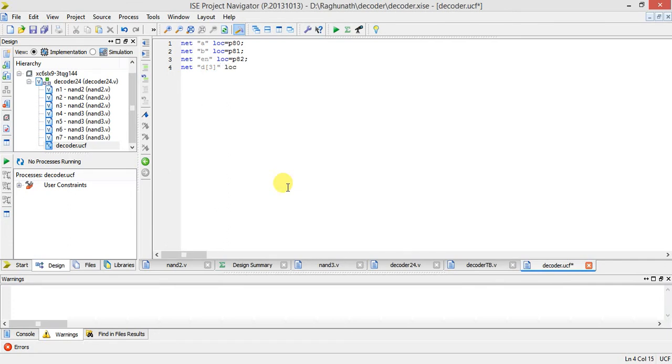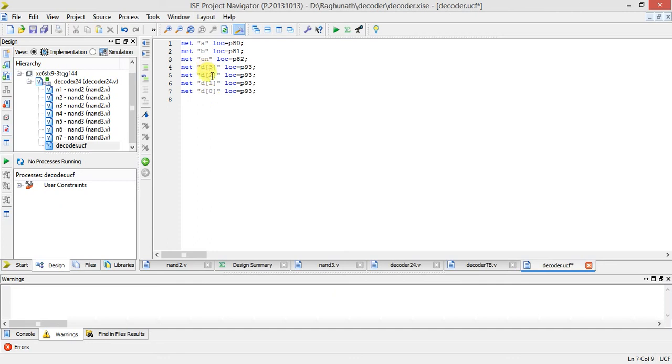So D3 location is equal to P90, 93. You can check it out. If any mistake is there, you change it, because right now I don't have the kit. So four times you paste it. Next change to D2, next to D1, next to D0.